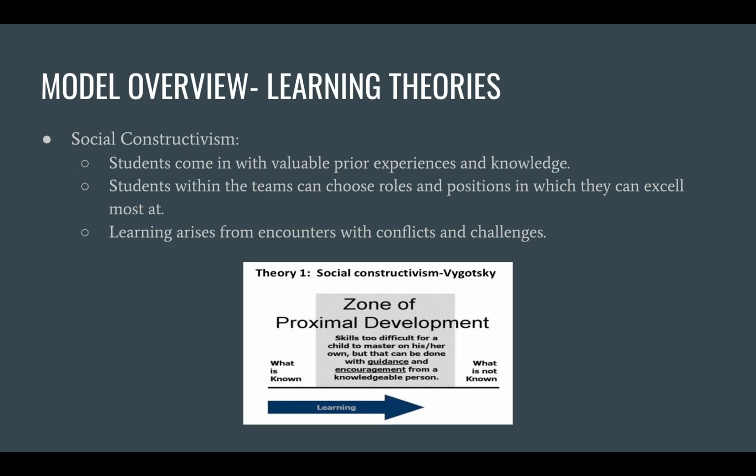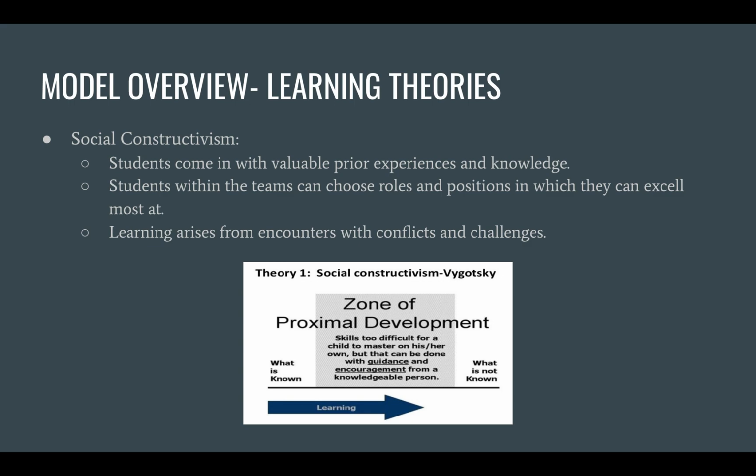One of the first learning theories associated with Sport Ed is social constructivism. One of its main features that we have talked about in the past is the zone of proximal development. And that basically means that a lot of learning happens outside of our comfort zones. We take what we know and the background we have and try to apply it to learn new skills that